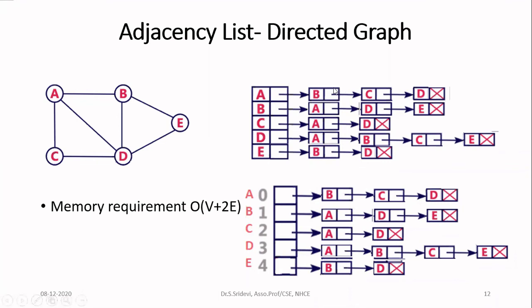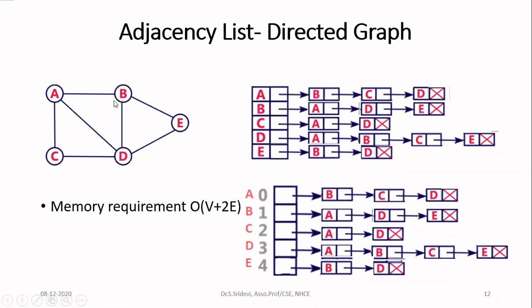Okay. Now let us consider the node B. In node B, we have again 3 links. We never see the direction here because it is undirected. It is adjacency list undirected graph. In the title, there is a mistake. So now let us consider the node B. In node B, we have 3 edges totally. They are connected to A, D, and E. So now start from the node B. You will be connecting to A, D, and then E.